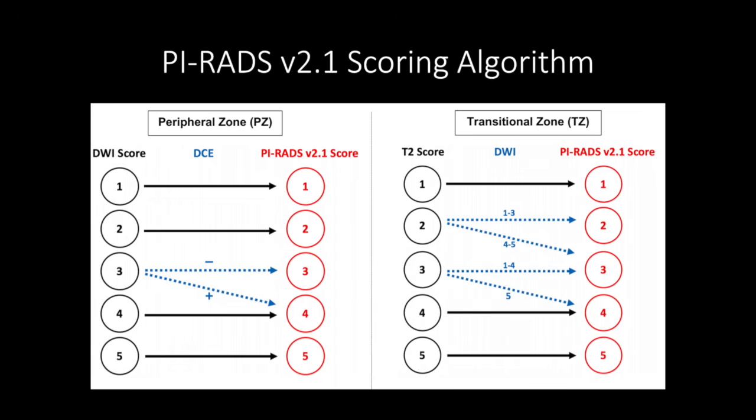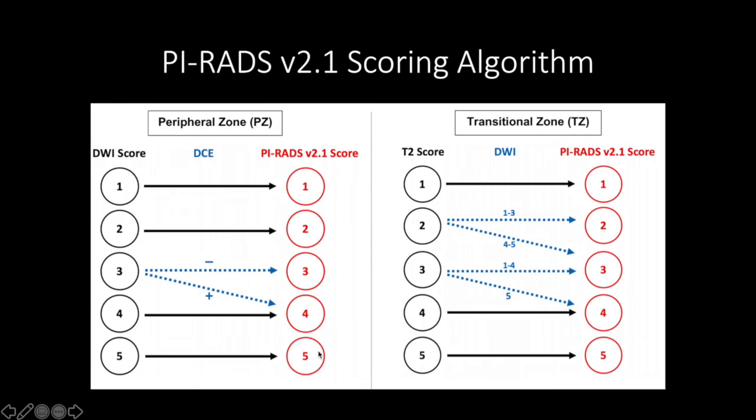But just looking at the diagram here first, you'll notice that here in red we have the final PI-RADS categories. As we mentioned, 1 being very unlikely to have clinically significant prostate cancer and 5 being very likely. In practice, a 4 or 5 is considered positive and generally biopsied. A 1 or 2 is generally considered negative and often ignored. And how 3s are dealt with is dependent on the institution. It is quite variable. But for now, it's good to think of PI-RADS 3 lesions as suspicious as well and